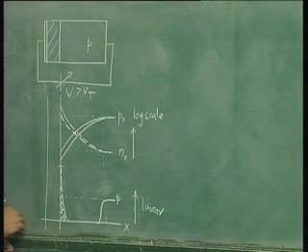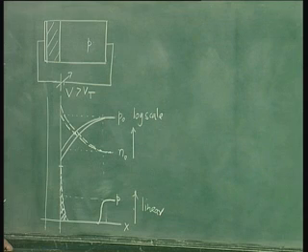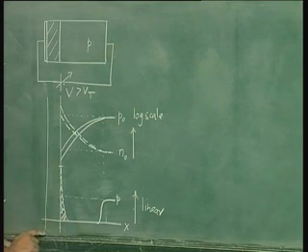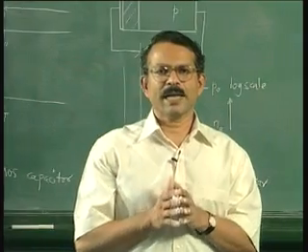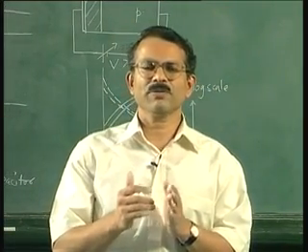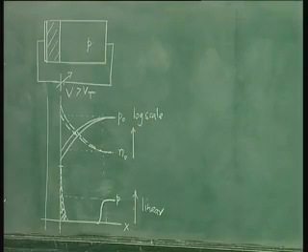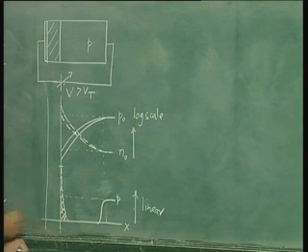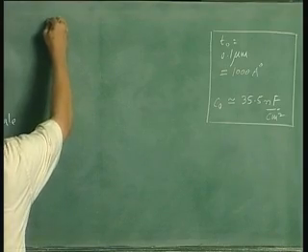Now these aspects can be shown nicely on a graph. In fact, one can do a numerical calculation of this situation, but finding the charge under this area is not a straightforward analysis. It requires some intense numerical calculations because you have to solve a number of complicated equations. But we can sketch the graph qualitatively to show what is happening here. For that purpose we will translate this diagram onto a space charge versus distance diagram. If you translate this diagram to space charge versus x, this is how it looks.